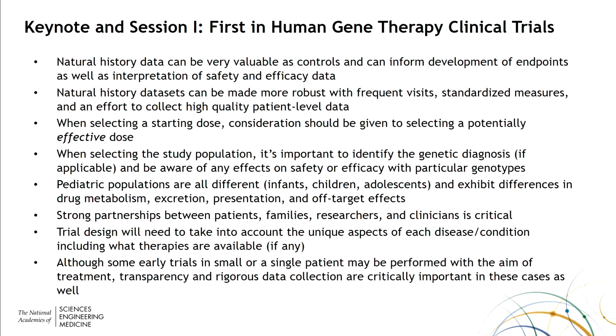But we heard in the first session about such topics as natural history data and its uses, about dose selection, about the importance of transparency and careful assessment, even if it's just a trial of one patient, because we need to learn something. Research protection is not just protection of the patient, but of the data that we're going to use to carry things forward. And we learned about several examples, experience of researchers in translating research ideas into practice and some of the challenges